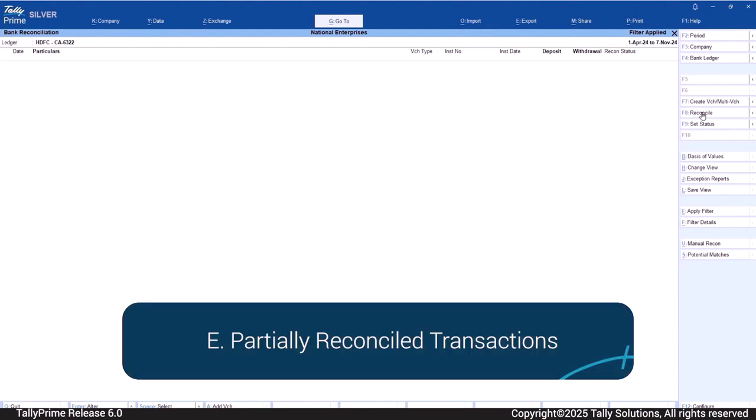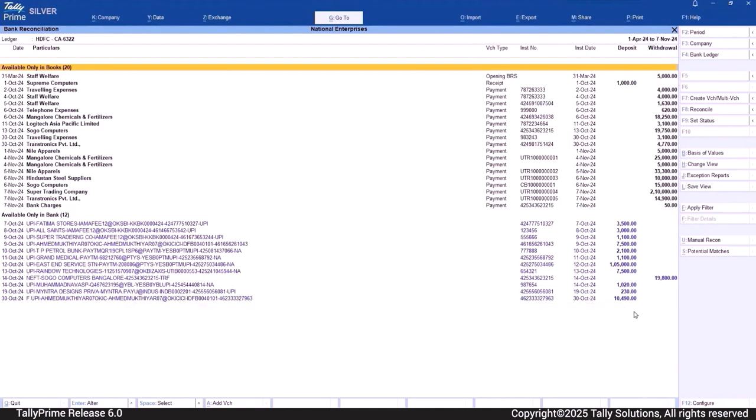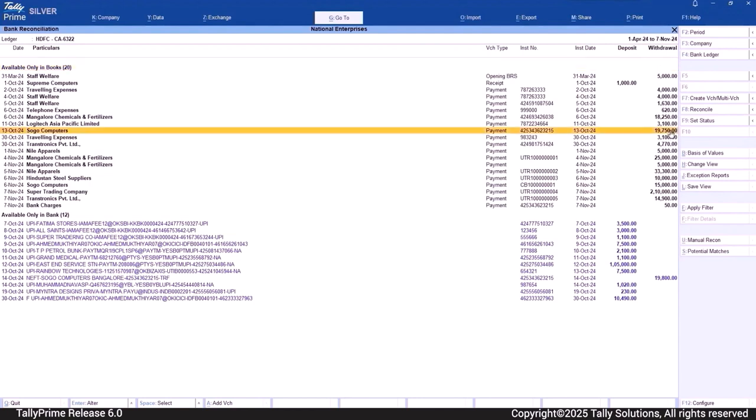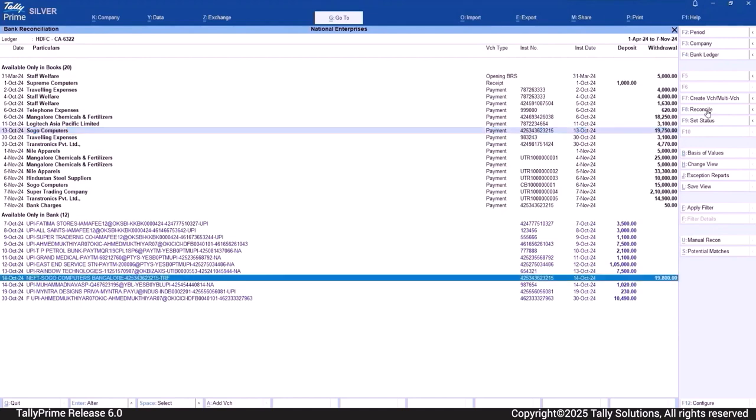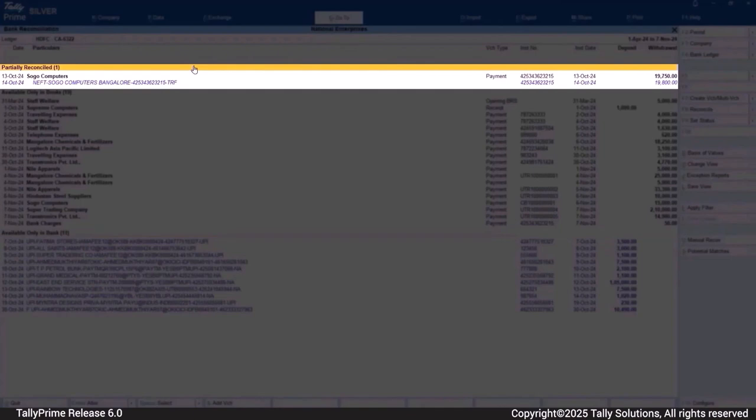You can also easily reconcile your partially reconciled transactions. For a book transaction, the corresponding bank transaction may have a difference in amount due to certain reasons. If you select such transactions and press F8 to reconcile, the transactions appear under Partially Reconciled header.